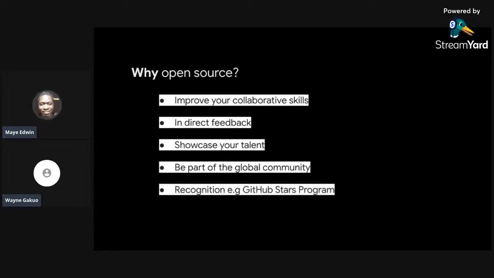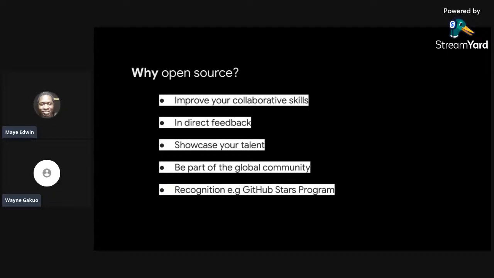Yeah. And then recognition. So for example, the ones who contributed to NASA were recognized, and that boosts their confidence as software engineers in your workplace, the way you believe in yourself. So it's just amazing. And then we also have some programs with GitHub, called the GitHub Stars program.